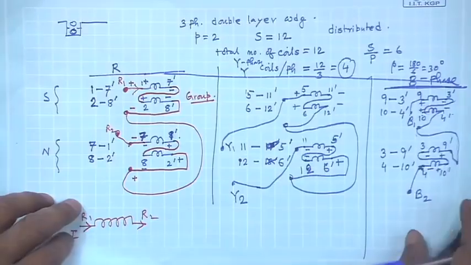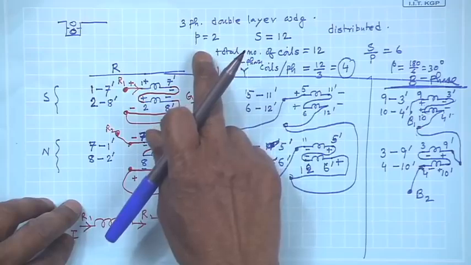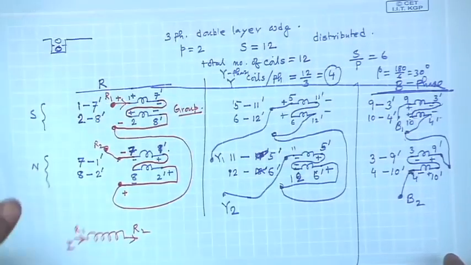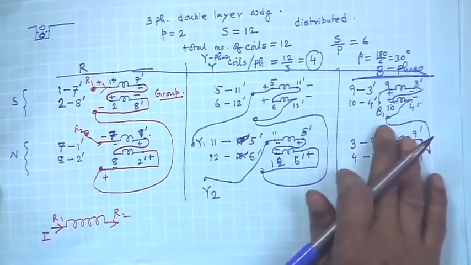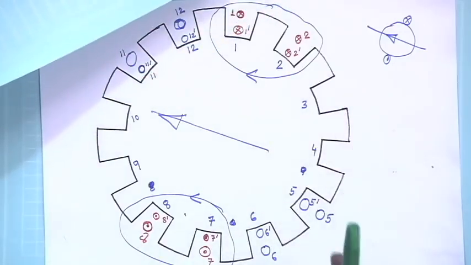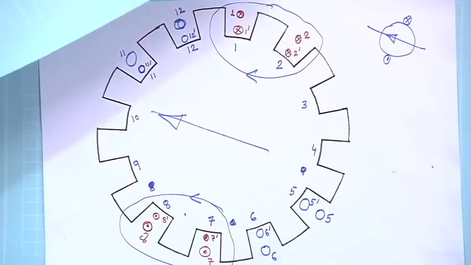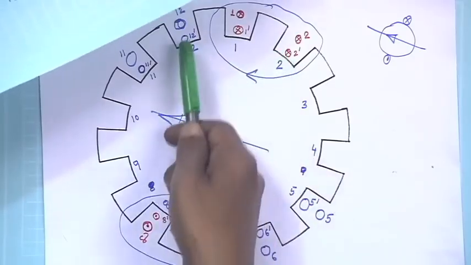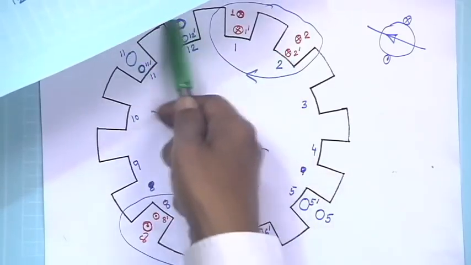Okay, welcome. So, we were continuing with that 12-slot, 2-pole, 3-phase balanced winding, and we reached up to this point. The winding is now complete, but I will show how it will look. R, Y, B. Incidentally, for R I have used red,